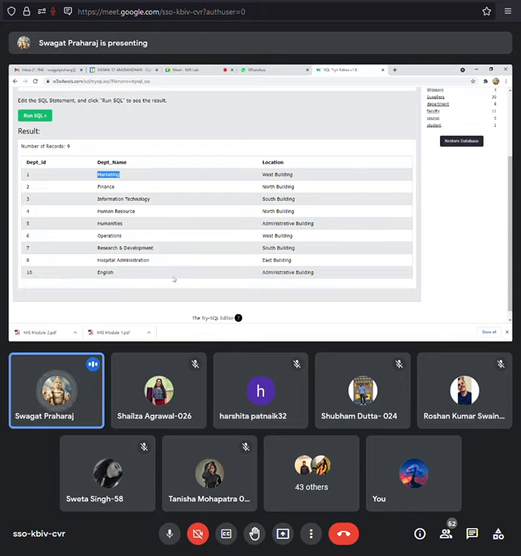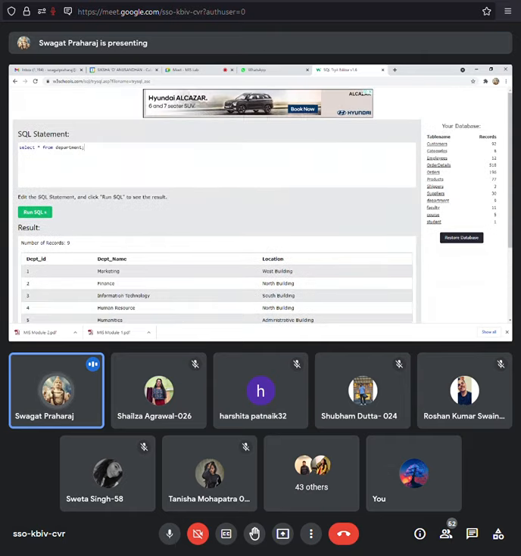All right. Now let us say I want to modify this, and I don't want the English department because it is shut down, but obviously in the table we have it, so this is not correct. So I will make a change with a small command.